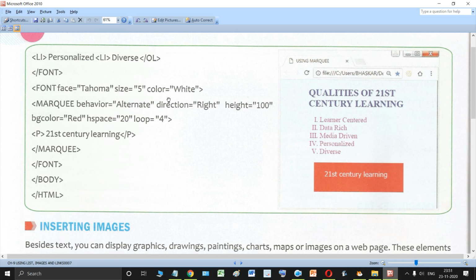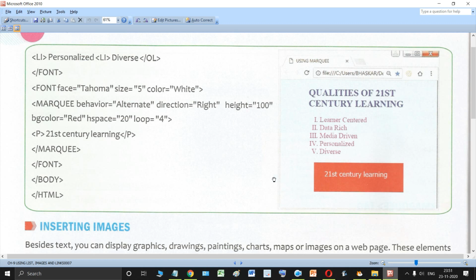Behavior is alternate, that means it will come from here, touch this edge and go back. The direction is right, that means it will go from left to right first. Height is 100, so this much is 100 pixels. BG color is red for this marquee.